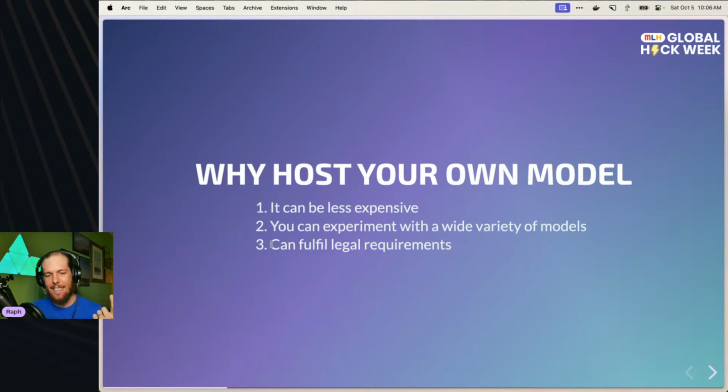Finally, and I think this is kind of key, and it's a thing that we're hearing people talk about a lot these days, is legal requirements. So are you using an LLM in a context where maybe there's sensitive data that you shouldn't be sending to OpenAI or to Anthropic? If you can host the LLM yourself, then you don't run into any of those legal